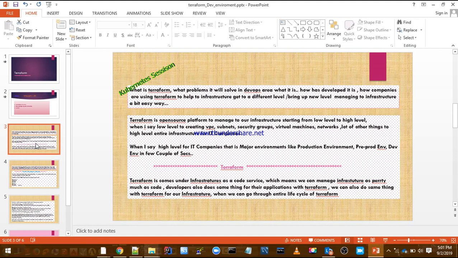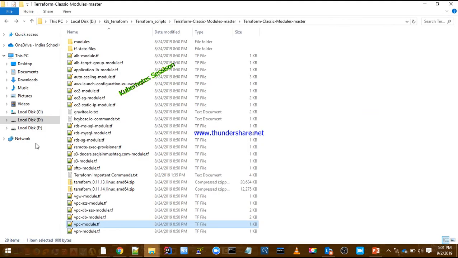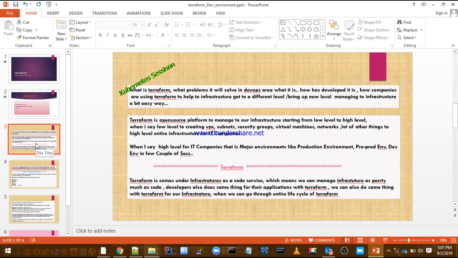Terraform is an open source platform to manage our infrastructure from low level to high level. When I say low level, by using Terraform we can create the VPC, subnet, security group, virtual machines, networks like VPN, VPC, as well as S3, remote state, as well as RDS, auto scaling, and load balancers. Not only these, we can create a lot of things using Terraform. These we call low level.